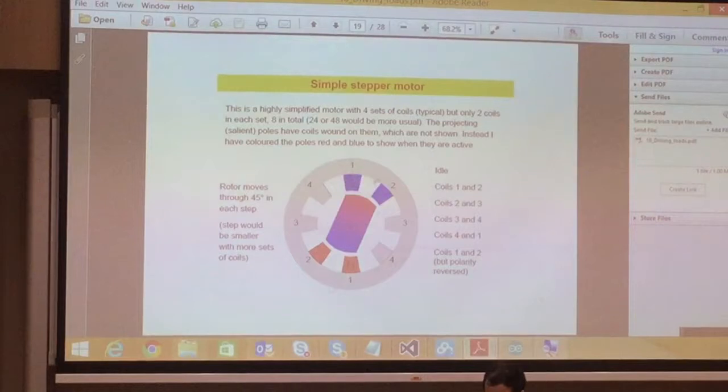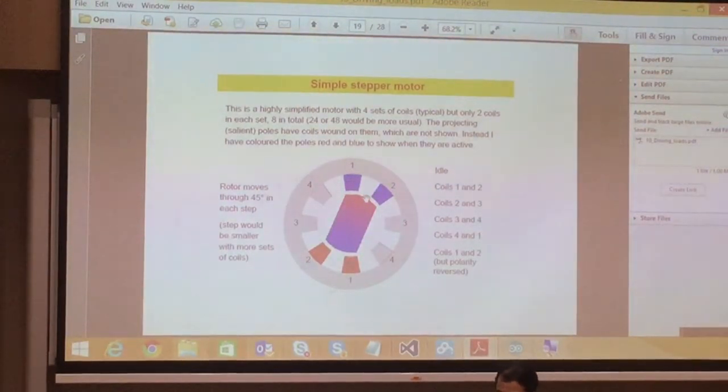So from 1, 2, 3, 4, right? From 1 to 2, 2 to 3, 3 to 4, right? So every rotation is how many degrees? How many degrees? Every rotation. 45, right? From 1 to 2, 2 to 3, yeah? Actually it's 45 degrees. Okay? So now,